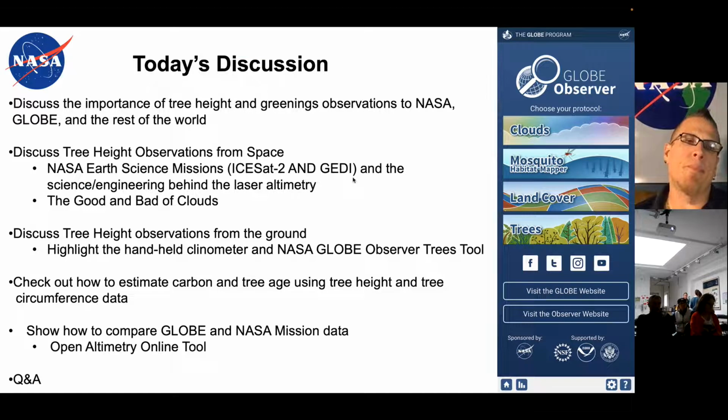So today, as I mentioned, we're going to talk a little bit about tree height and greenings, focus on some of the missions that I work on that are relevant to tree heights and greenings and land cover. Just a quick overview, and I know you know about the GLOBE Observer Trees tool. Just some things I like to say that make the observations very important. A little quick slide on estimating carbon and how we do it. And then we'll go on to the Open Altimetry online tool,